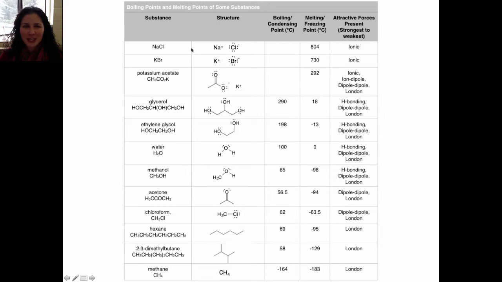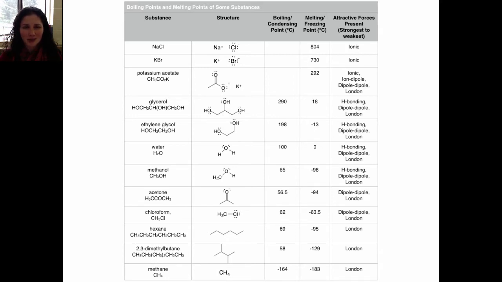The substances here are listed from the strongest forces to the weakest forces. Ionic attractions are the strongest forces between two molecules or ions, and London forces are the weakest attractions between molecules. I'd like you to take a moment to look at this table and to read over the material in the